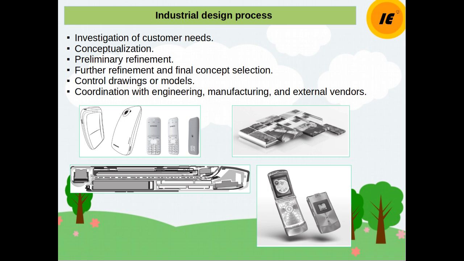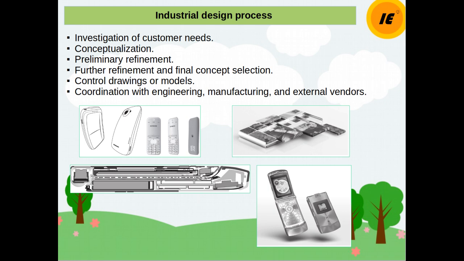Yeah, the fifth step is control drawing or model. The industrial designers complete their development process by making control drawings or control models of the final concept. Control drawings or models document functionality, features, sizes, colors, surface finishes, and key dimensions. Although they are not detailed part drawings known as engineering drawings, they can be used to fabricate final design models and other prototypes. Typically, these drawings or models are given to the engineering team for detailed design of the